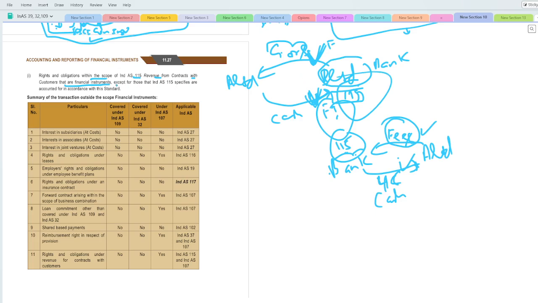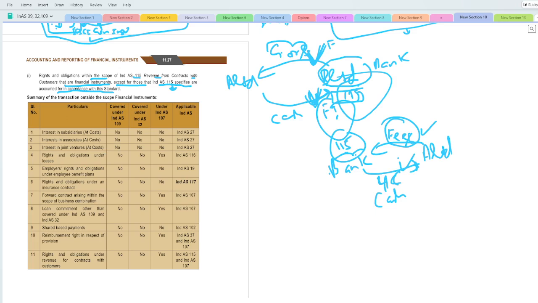लेकिन इसमें आगे साथ में क्या बोल रहा है कि एक्सेप्ट फॉर दोज, so rights and obligation within the scope of that are the financial instruments, so this is what I've said. Now except for those that Ind AS 115 specifies are accounted in accordance with this standard. तो अब इंड एस 115 में जब हम लोग पढ़ेंगे, कुछ ऐसी सिचुएशन है जहाँ पे उसने स्पेसिफिकली बोल रखा है कि आपको इंड एस 109 ही अप्लाई करना है, तो वहाँ पे आपको इंड एस 109 ही अप्लाई करना है, ओके।